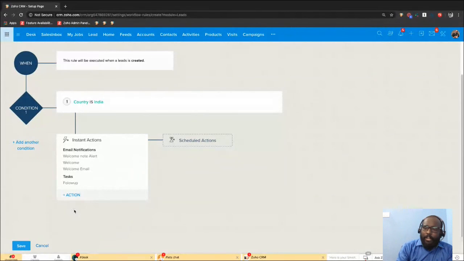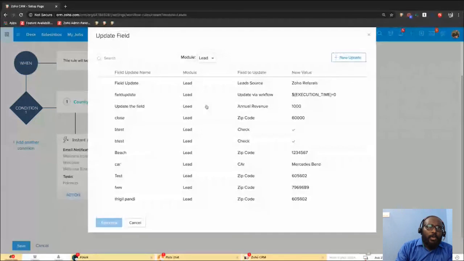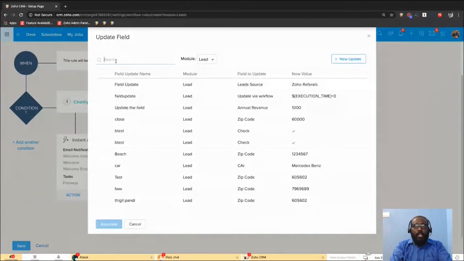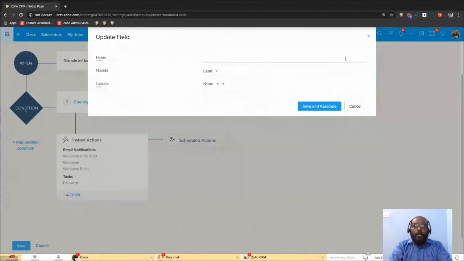And I can also update a field. So I'm going to create a new field update. I'm going to do that automatically. I'm going to give it the name as